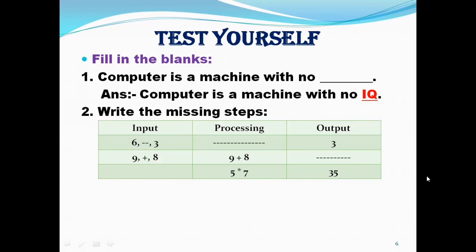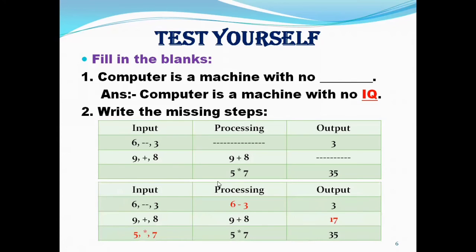Okay, I think you have done. Ready, I think. So we'll see the answer. The answer is 2 minus 1, and 6 minus 3 equal to 3. 9 plus 8 equal to 17. And here you have to put this comma, and this into this one into, okay, and 7 here. Comma, comma, you put, and if you multiply, you get 35.